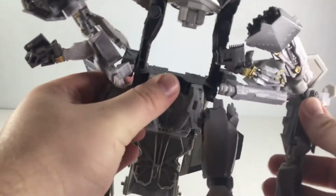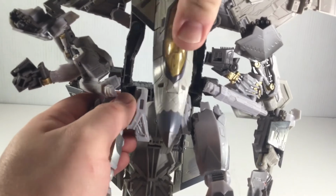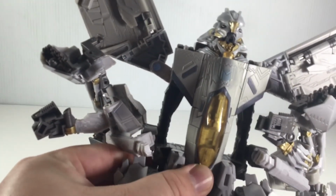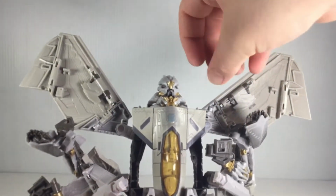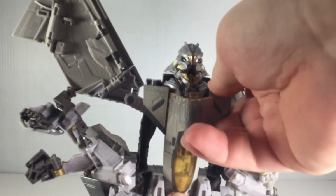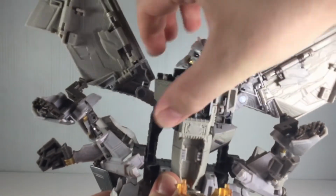Do the same with that side. Now you're at the point where you want to go ahead and bring this down. Of course, the cockpit, and you've got the head right there. Alright, now that you've got this all squared away, what you want to do is lift this forward, bring these down,